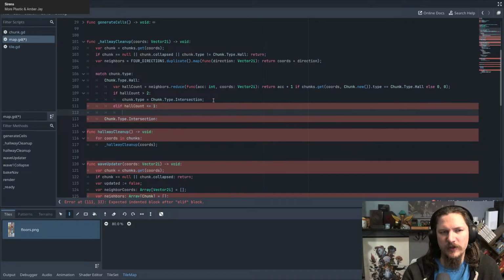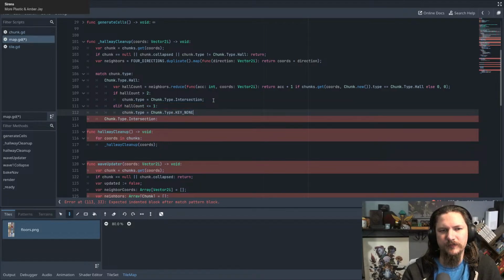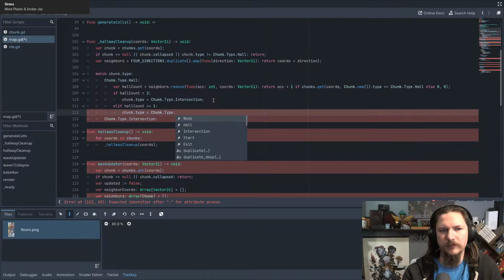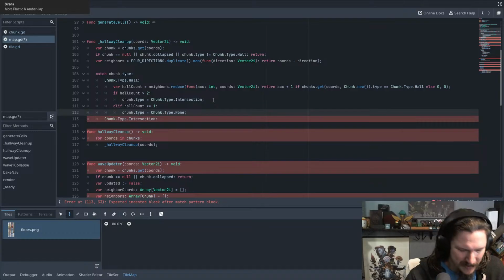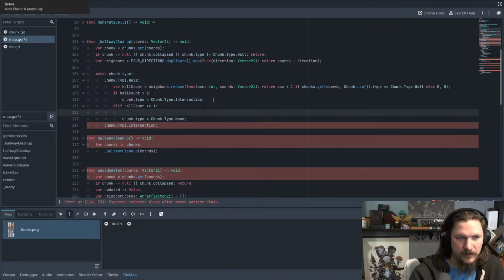In this case, we want to delete. We don't technically delete. We would be setting chunk.type equal to chunk.type.none. Yeah. Weird. But we only want to do that in the case where